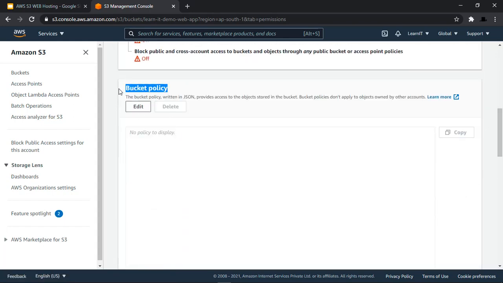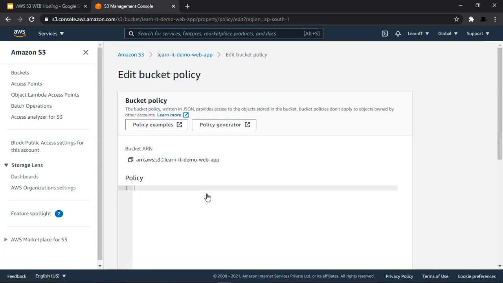Inside permissions, we can see we have an option to attach a bucket policy. We can edit this bucket policy now. Right now there is nothing, but now we want to add a new policy which will allow public access for all the objects, and this will make our website accessible over the internet. So I am creating a new bucket policy for my website. I am adding a version, that is the latest version for IAM policies, and I am adding a statement array now.